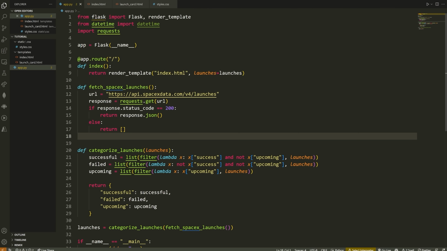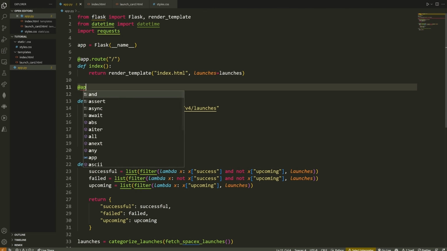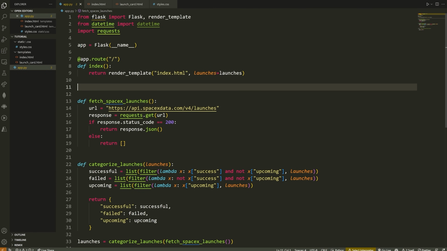All right, so to strip that annoying and ugly part of the date off, we're going to create something known as a template filter. It's a little bit of a more advanced feature, but if you're already at this point in the video, then you probably don't mind viewing this. To do that, we're going to go inside of our app.py. It doesn't really matter where you do it, but I'm going to say @app.template_filter.